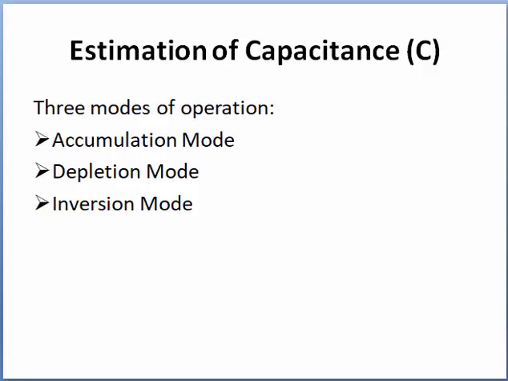So at the output of a CMOS transistor gate, the total load capacitance is the sum of diffusion capacitance and the capacitance of the gate, and also the capacitance of routing in the MOS device. So therefore it is very important to know the parasitic loads, sources and their changes in the design process. There are three modes of operation of MOS capacitor characteristics. These three modes of operation are accumulation mode, depletion mode and the third one is inversion mode.